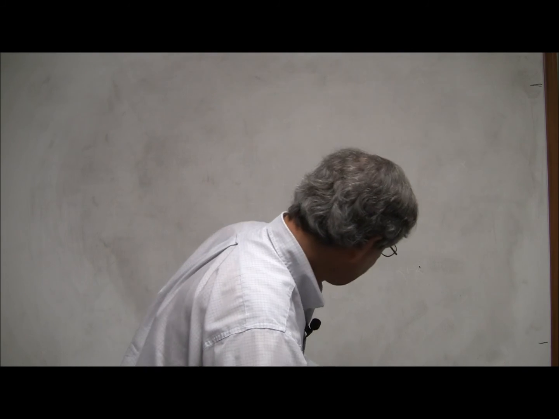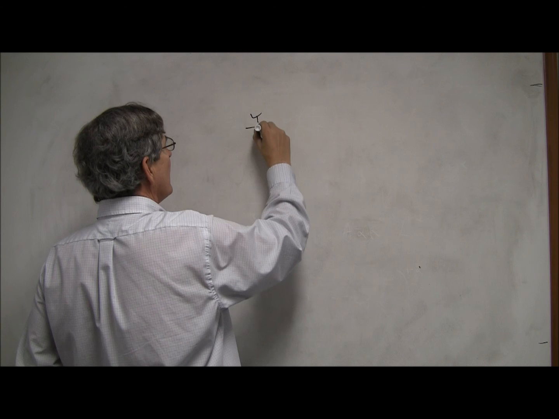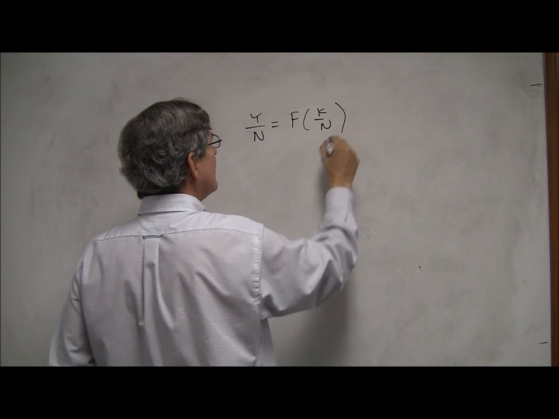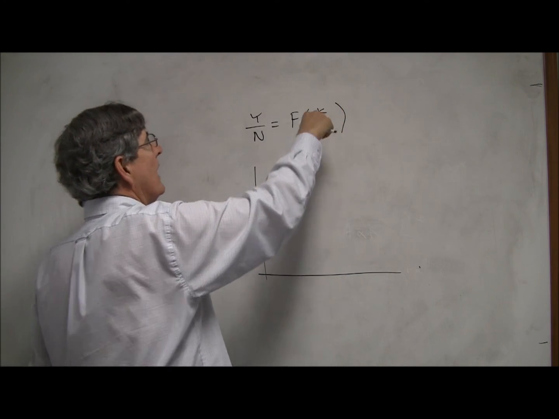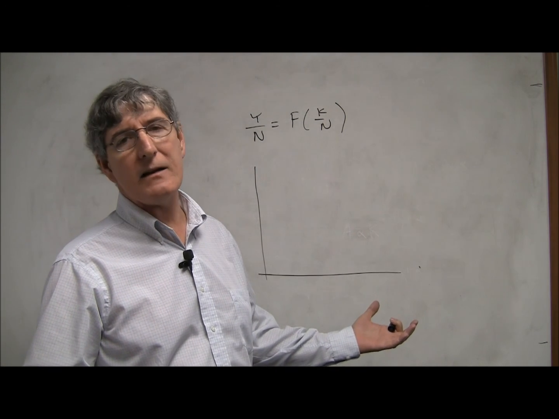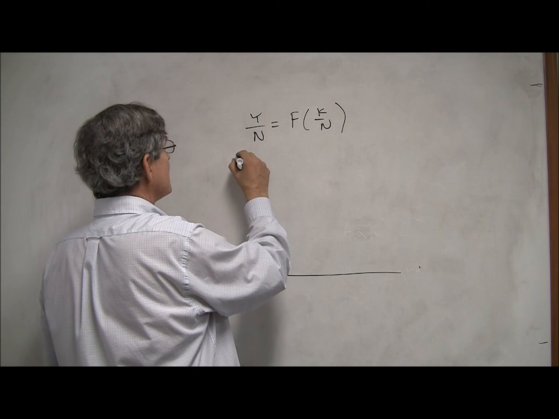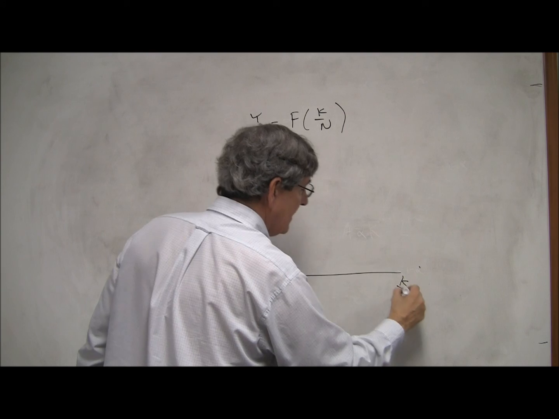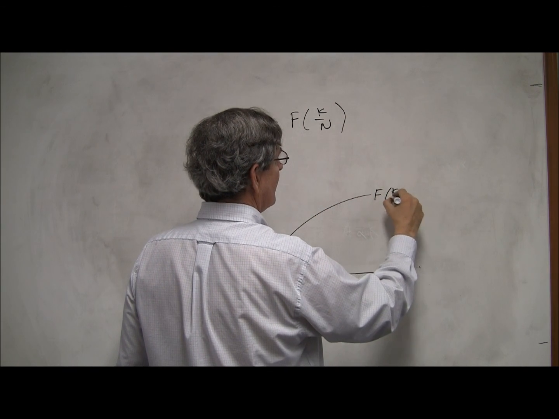We're going to use a production function of the general form y over n, going back to the n's, is f of k over n. And it has decreasing returns to either k or n. I could have done the last thing with n just the same, and I would have gotten exactly the same answer. There's decreasing returns to n as well. This is y over n, k over n. The production function looks like this, f of k over n.